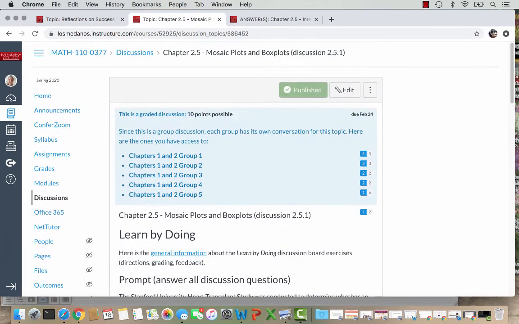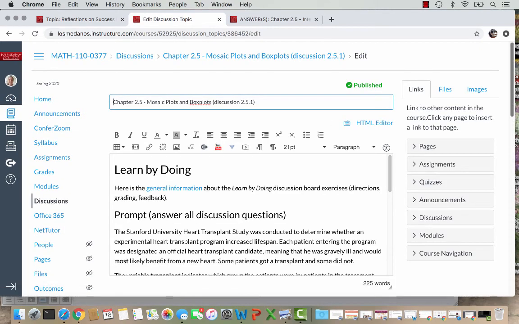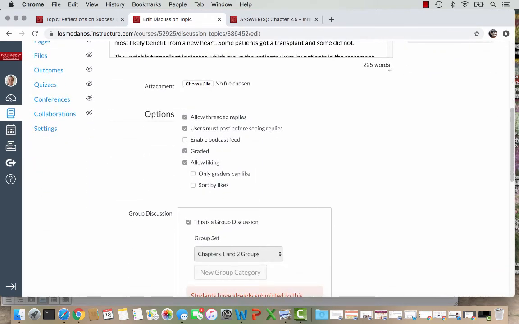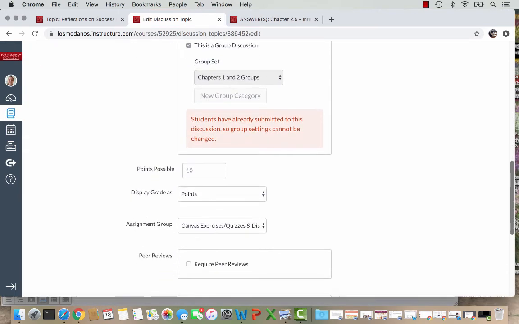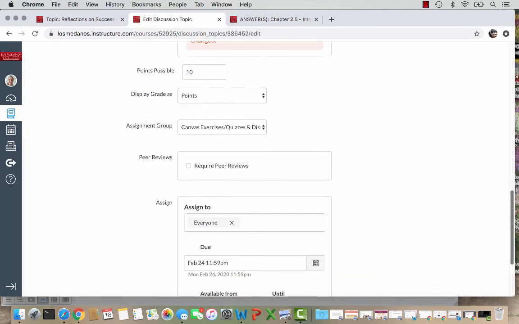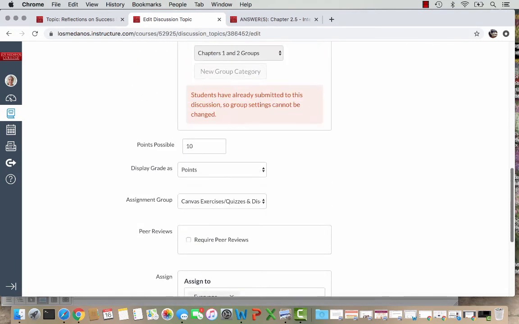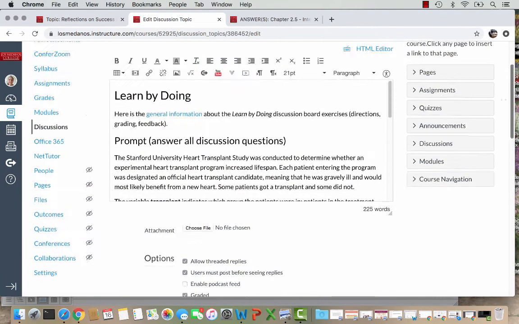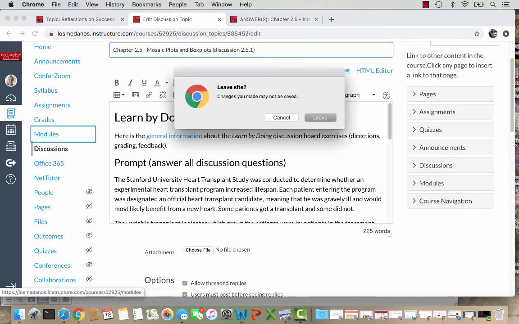If we go into edit, we can see the settings I used in this discussion. Similar to the last post, this allowed threaded replies. Users must post before seeing replies. It was graded and allowed liking. My due date was February 24th. So I had all of these features. What was different with this is in the Canvas settings, in my modules,